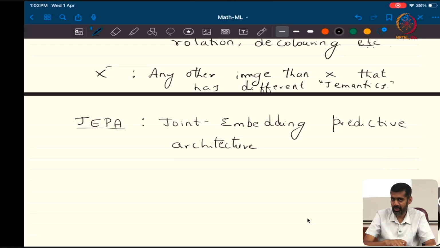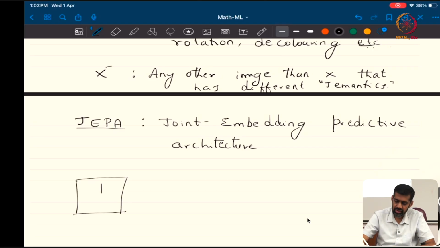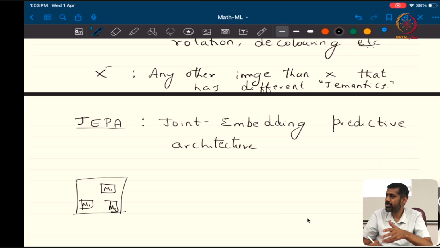In JEPA what is done is as follows, right. Given data, they mask several parts of the data. So suppose you have an image, okay. Now mask this random region, mask this region, mask this region, call these M1, M2, M3. Okay. Now ask the neural network to predict M1, M2, M3 given the rest of the pixels. So that is the task. The task that is being solved now, okay, is not classifying between the positive and negative samples, but rather that given the context, tell me what is missing,